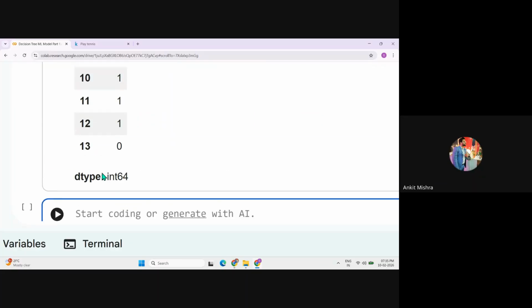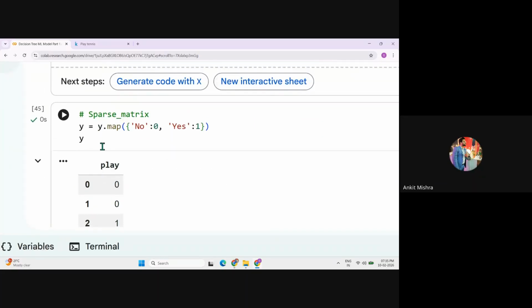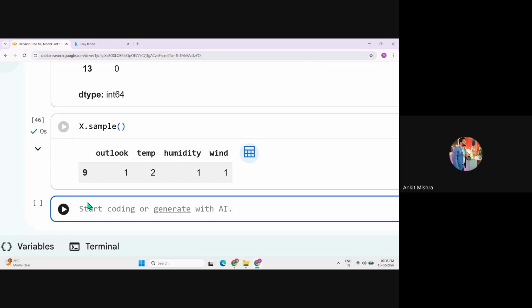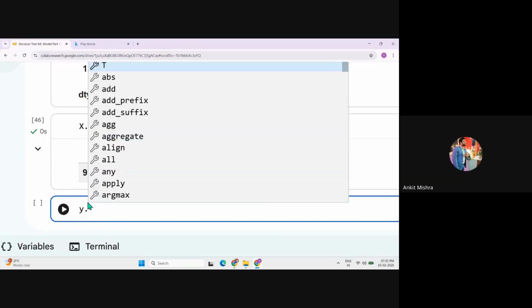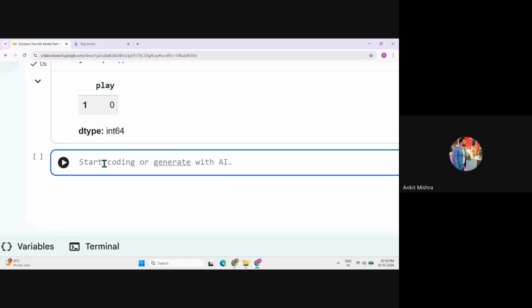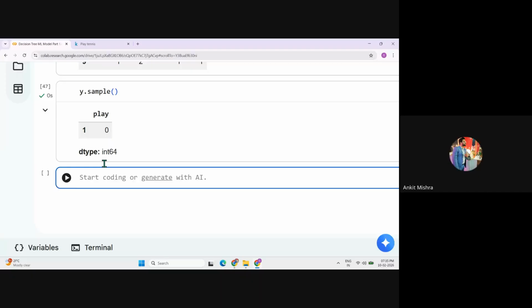Now guys, I have quickly turned this data into the X dataset and the Y dataset. Now we have a sample of X in the 0, 1, 2 format, the numerical one, followed by a sample of Y as well. Now that you have the X dataset and Y dataset, you can call the model building approach, which is dividing the data into training and testing parts. Divide the dataset